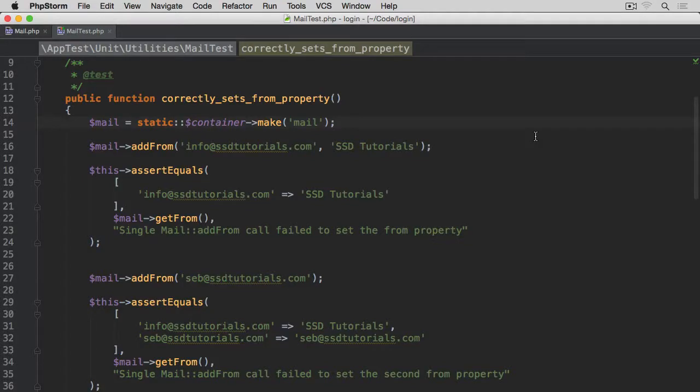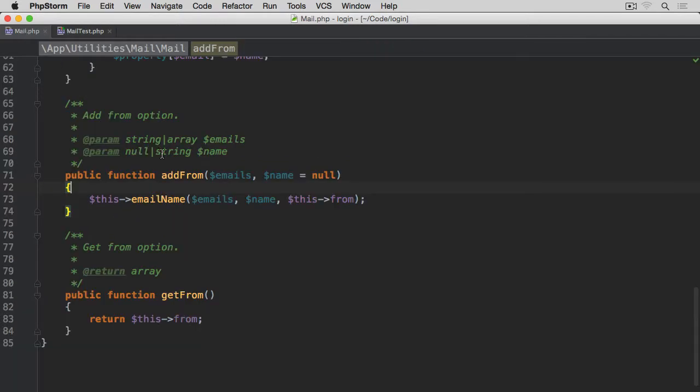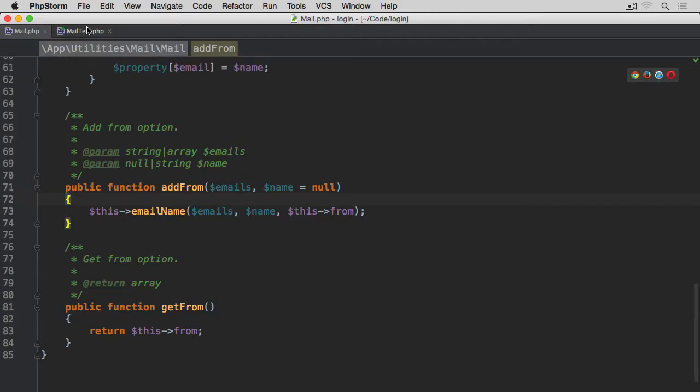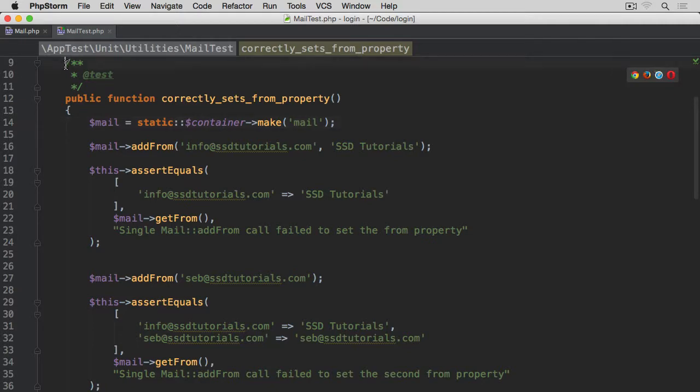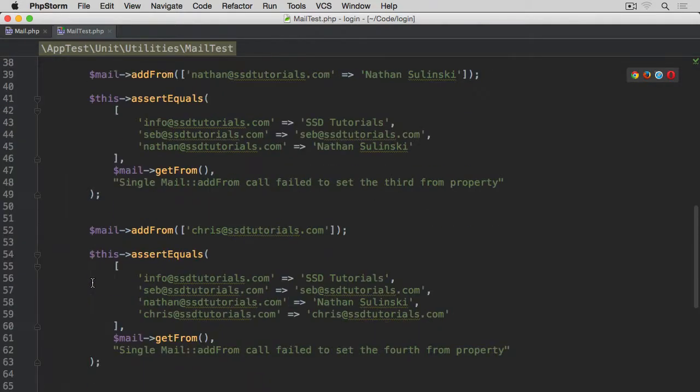In the previous video, we've written a test and the implementation for two methods, one which sets and the other which obtains the value stored within a from property of the mail class. In this video, we are going to do a very similar thing, but this time for the to property. So first of all, what I'm going to do is copy this entire test that we've done in